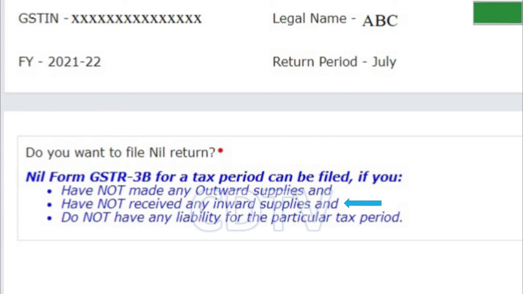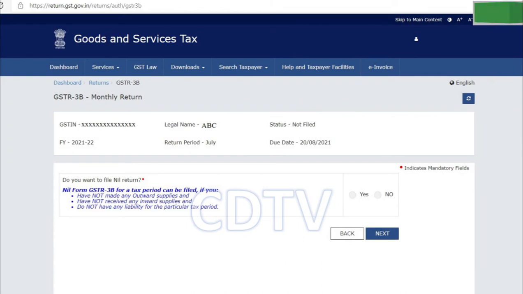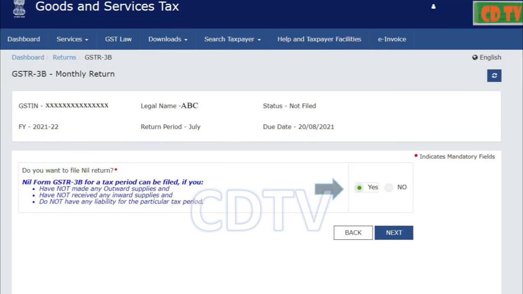The second is that you have not received any inward supply, that is, no purchase of any goods or services. And the third condition is that you do not have any liability for the relevant tax period. If you fulfill all these three conditions, then click on the Yes radio button. The button will turn green and then click on Next to proceed.